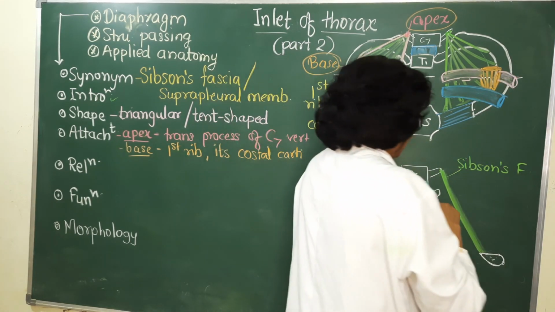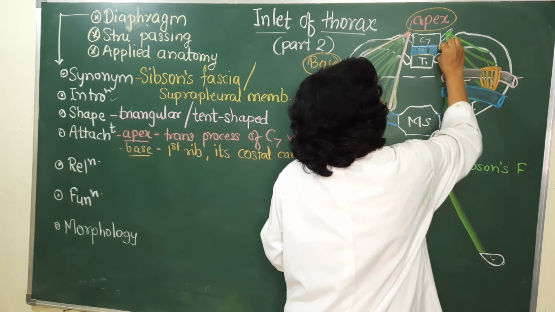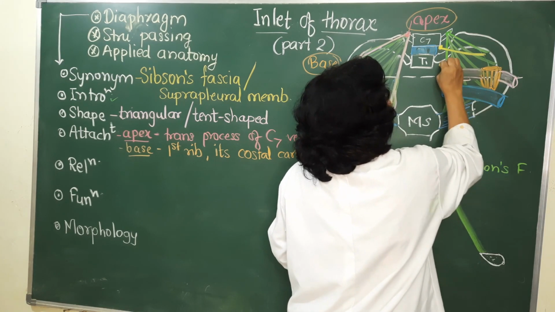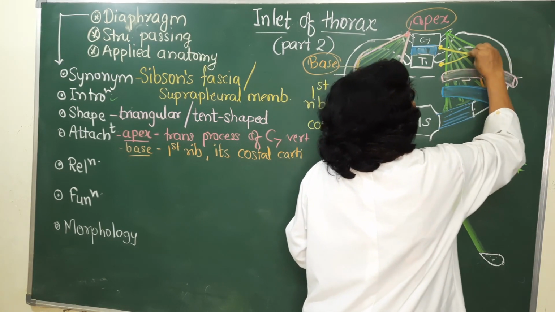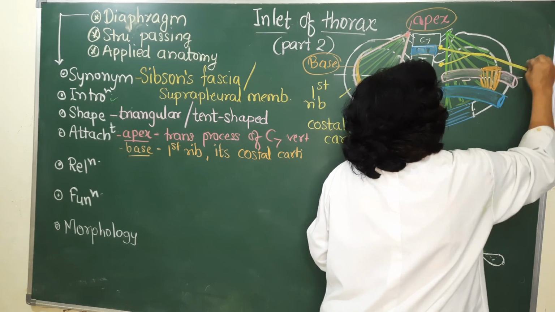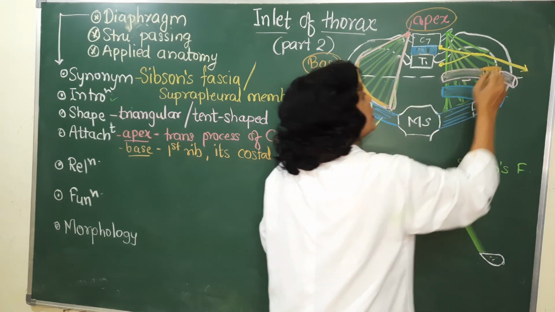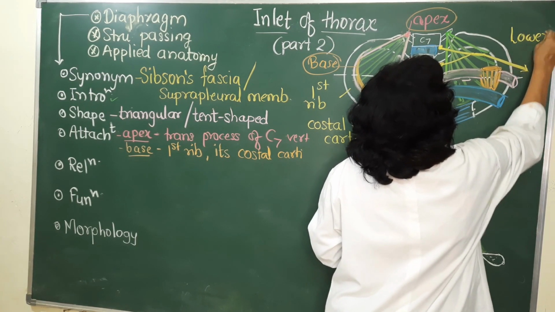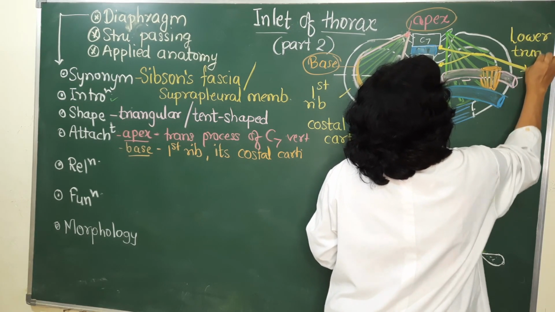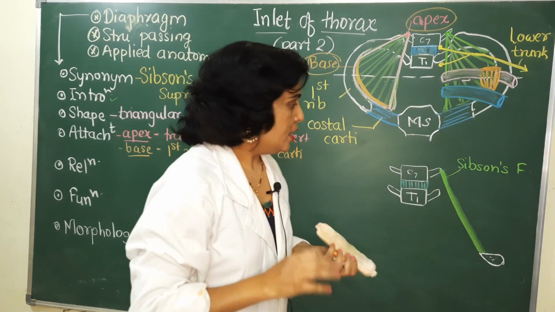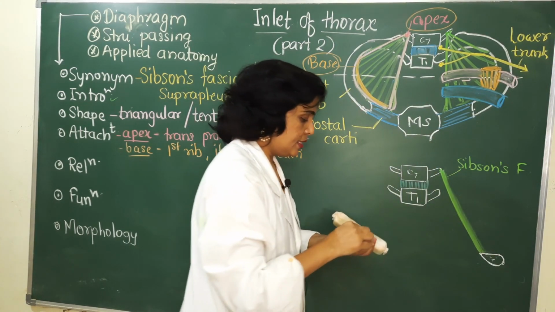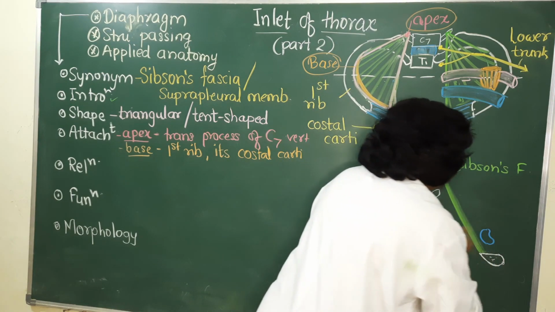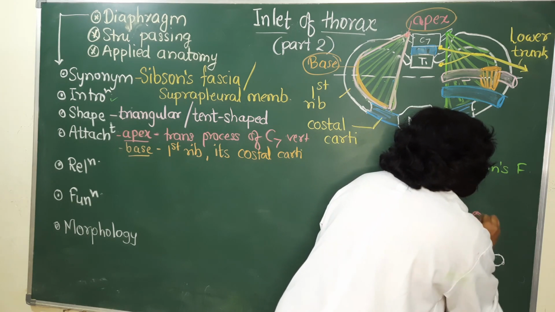Now the ventral ramus of C8 comes over here, unites with the ventral ramus of T1, and then passes over the first rib just behind the subclavian artery and forms the lower trunk of the brachial plexus. So this is the lower trunk of brachial plexus. Now if you have to draw in this diagram, you will simply draw here the subclavian vein, and here the subclavian artery, the subclavian vessels.